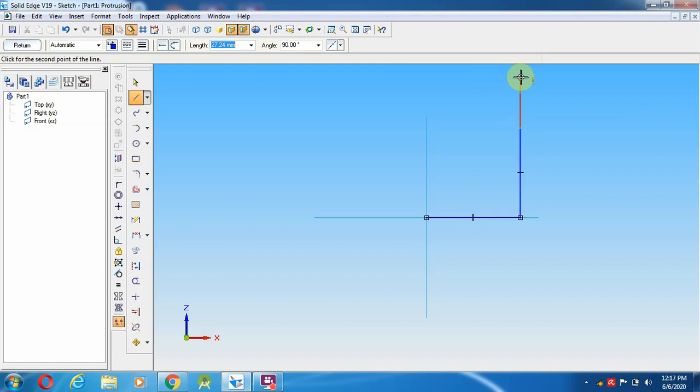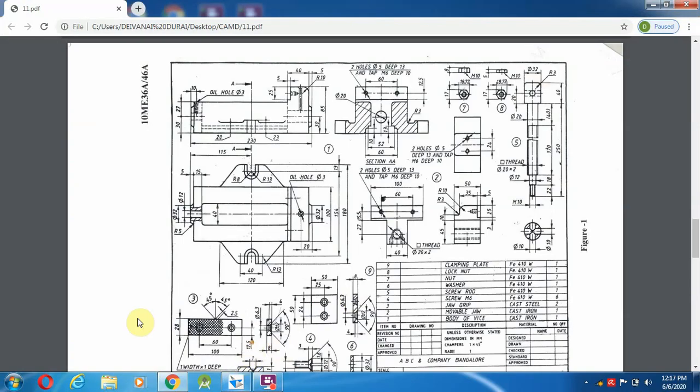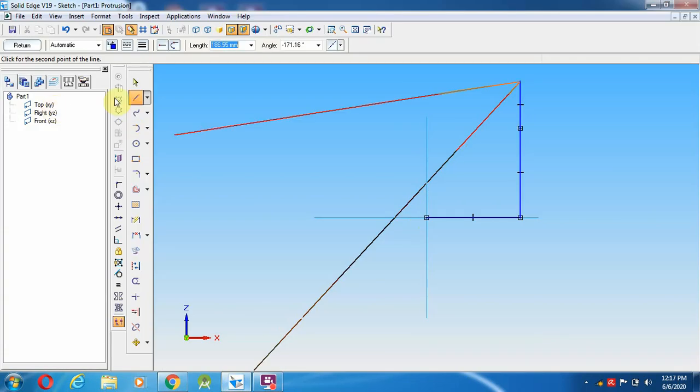Okay, so 25 mm. Then towards this left side, what is the distance? So this 45 plus 48, 25 mm it goes inside, then it becomes 25 mm. Then towards this side 35 already. Okay, that calculation you can do later.